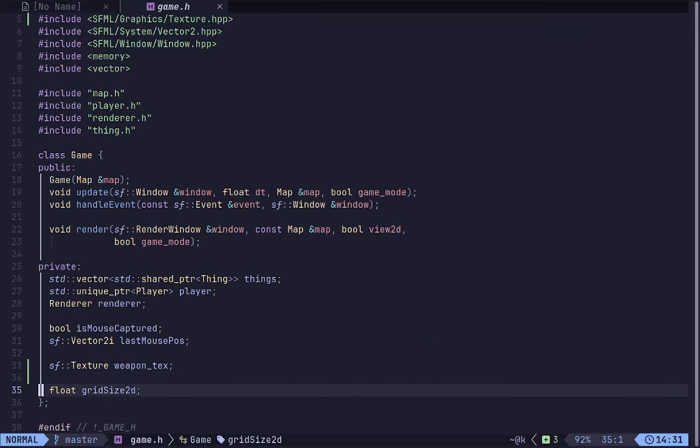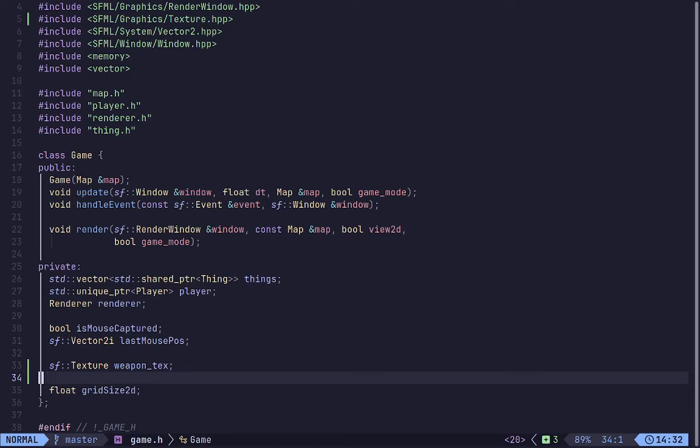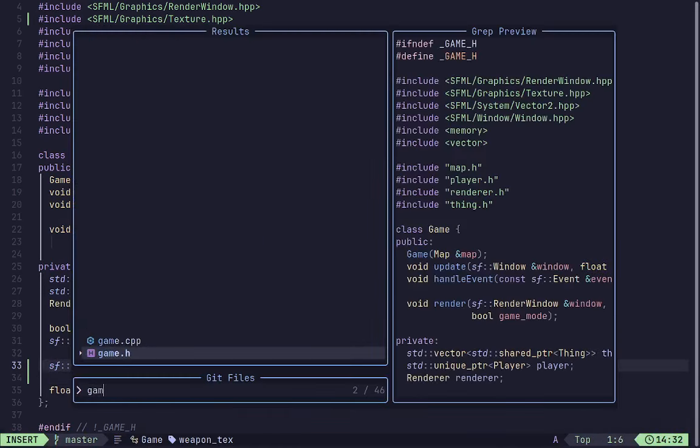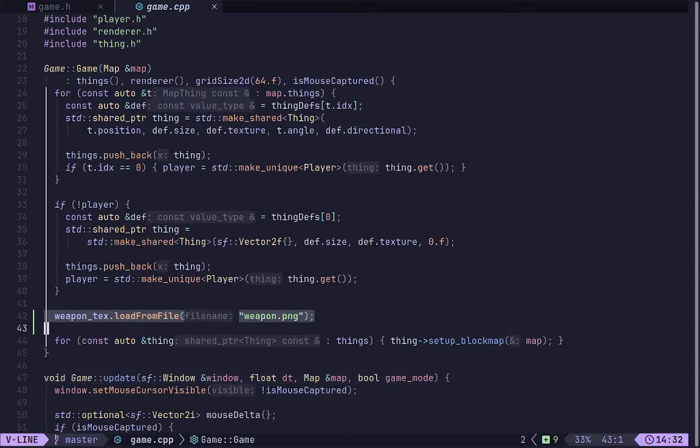Now in game.h we have got a texture here called weapon text, and the reason that we have got this in game is because this is actually separate from the standard sprites. It doesn't have a fixed size, it's different. So I just decided that we might as well do it inside of game. And if I go under game.cpp, you can see that in the constructor we just load it from the